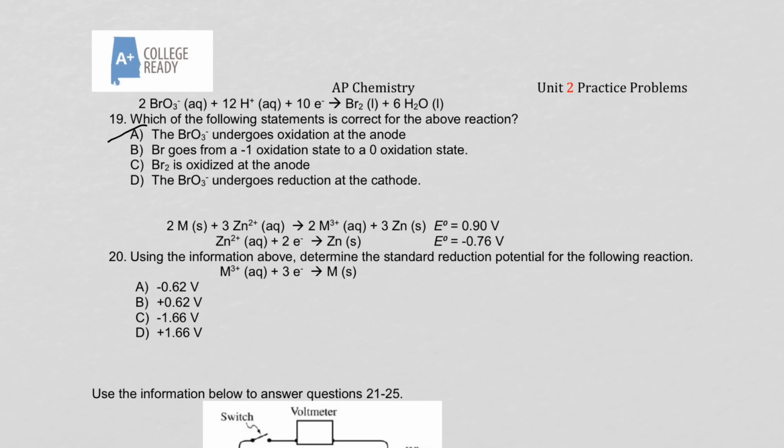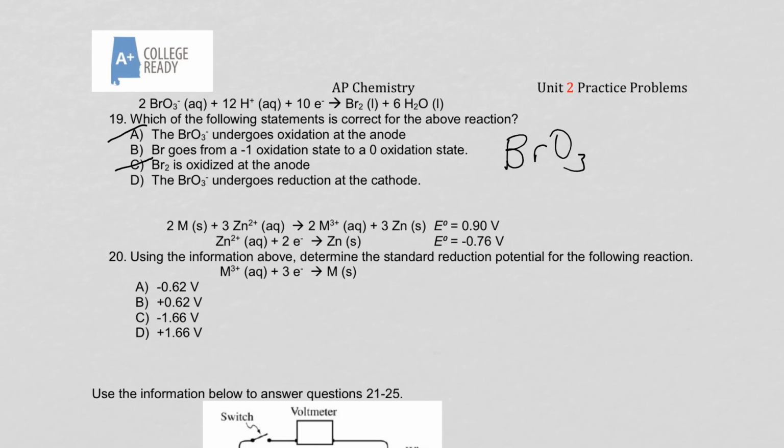So no, products are going to be oxidized and reduced. Those are results of oxidation and reduction. So again, we would also mark out C. So really it comes down to B and D, which means that we need to identify if B is the correct change in oxidation state, but we should know that D looks pretty good. So at this point, let's go ahead and evaluate to see if